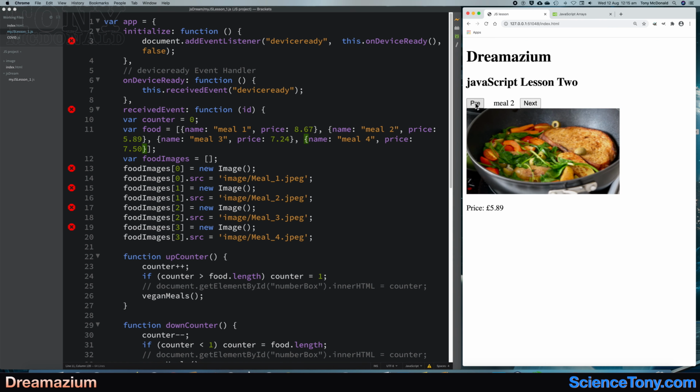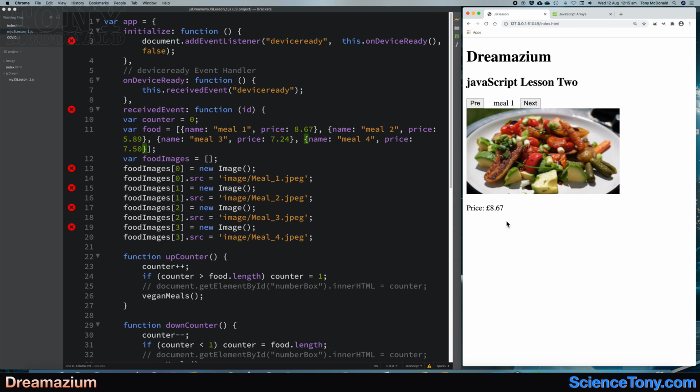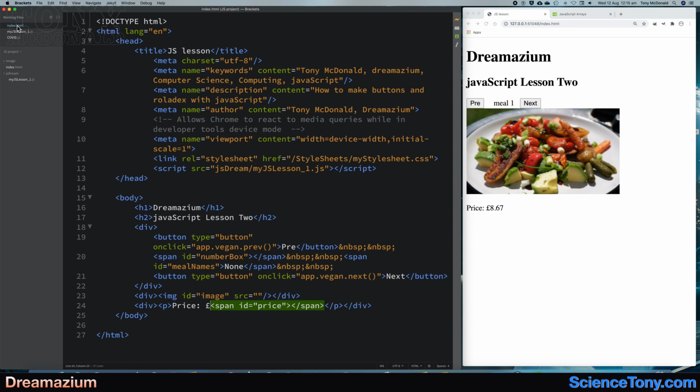So that's sorting that out. Now we want a button on there to say, yeah, okay, I want to select this meal. And I think that's the way to go, is we have select. So underneath this one,